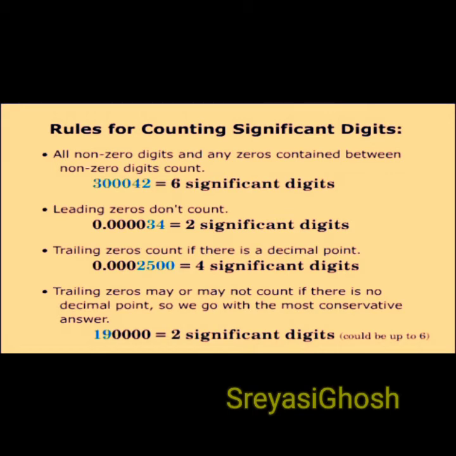How do we write that? In case of 1,90,000, we can simply write 19 into 10 to the power something. What is that? Please do answer. 10 to the power 4. So here we will have 2 significant digits if we write something into 10 to the power something. So this is a case of 2 significant digits, and obviously the entire number is a 6 significant number.